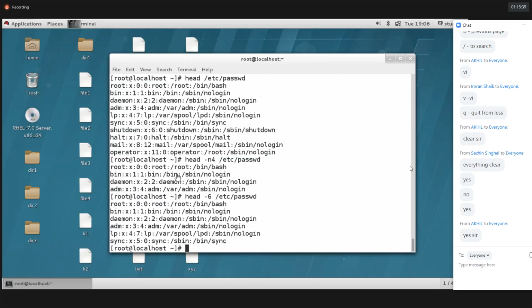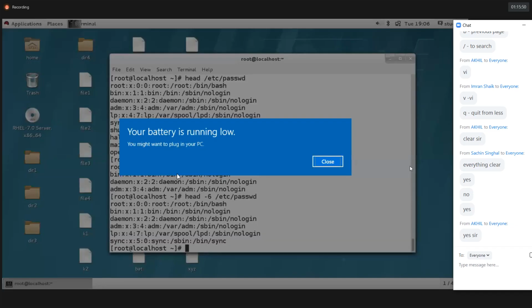So head is a command. By default it will print the starting 10 lines. According to your requirement, however many lines you need, you can provide the number there, with the option head hyphen n.